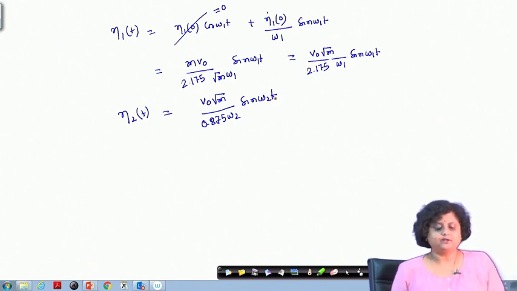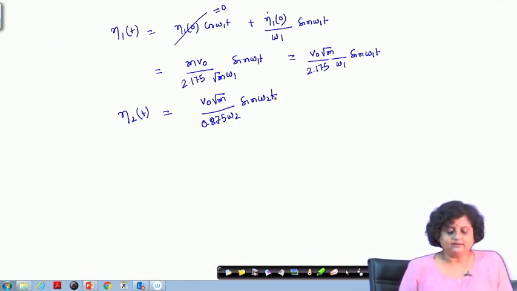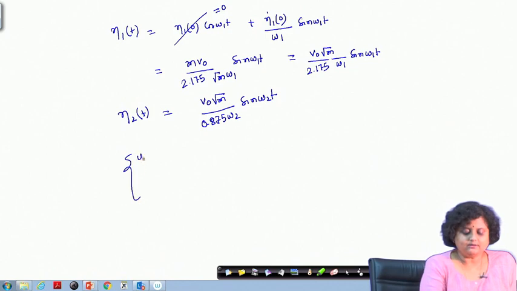So, I have got the solution for eta 1 and eta 2. So, my u1 u2 t